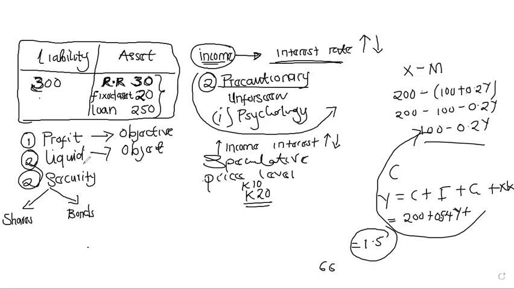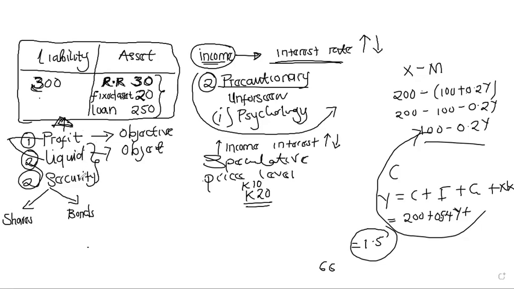so that they can have all these monies that are there. Now, you see, if they want to make profits, they have to loan out as huge an amount of money as possible. But as they're doing that, they must not forget about these two things. Okay, they must be liquid and they must also hold securities. And to buy securities, you know that you have a conflicting objective, which is making profits, because it means the more liquid you will be, the less money you can lend to make profits, isn't it? So, profit, you need to loan out a lot of money. Liquid, it means you don't have to loan out all the money. You have to keep some money available for any withdrawals.